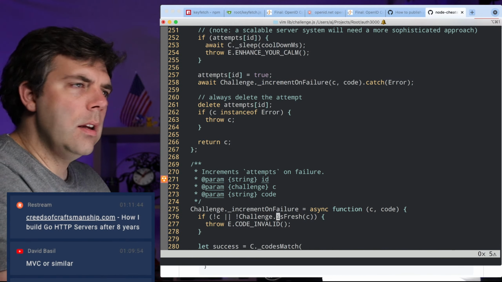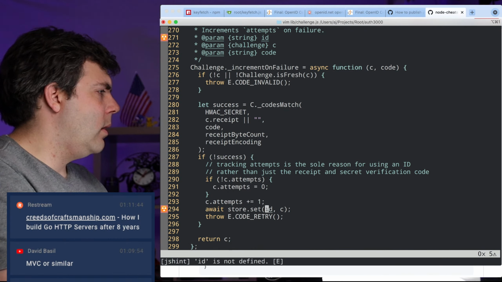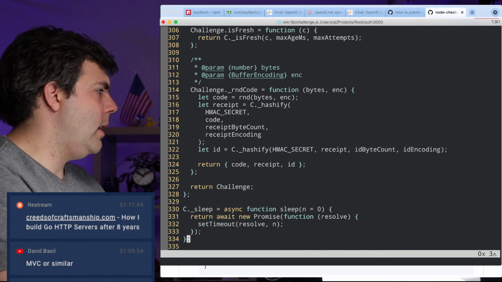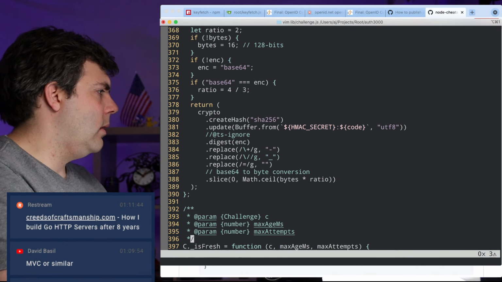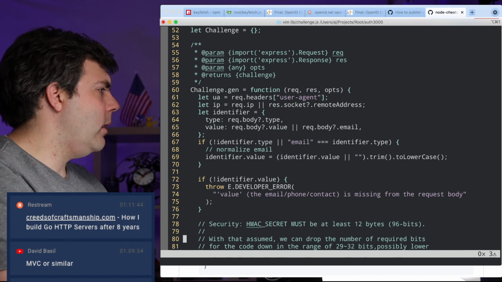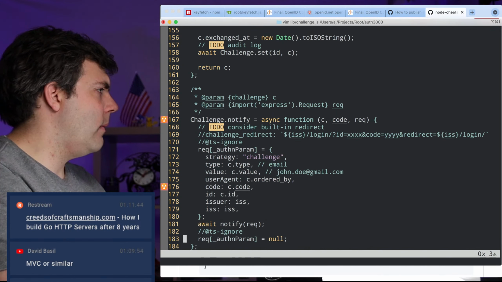So ID, we could just basically set C ID, and that would be right. All right, it's getting a bit cleaner. It's not quite there.